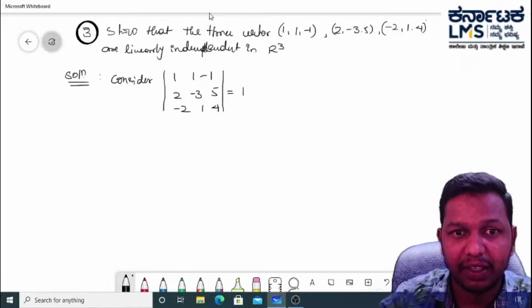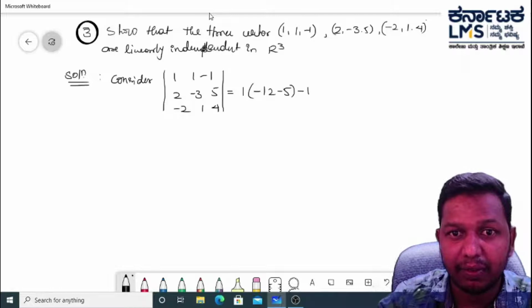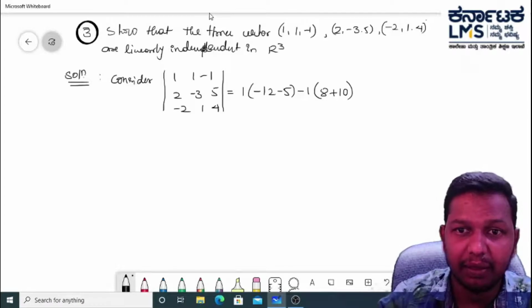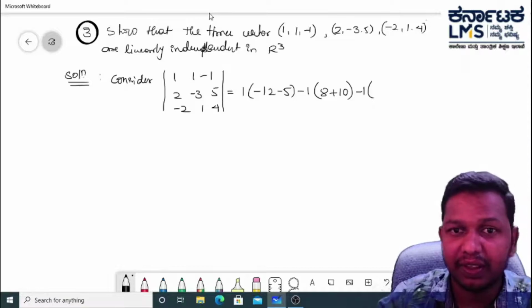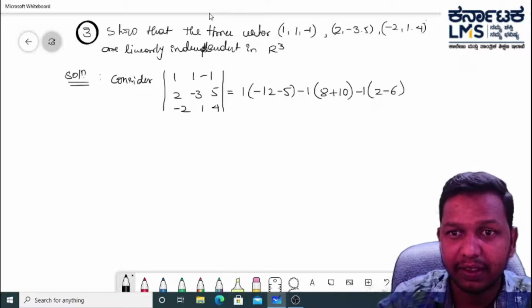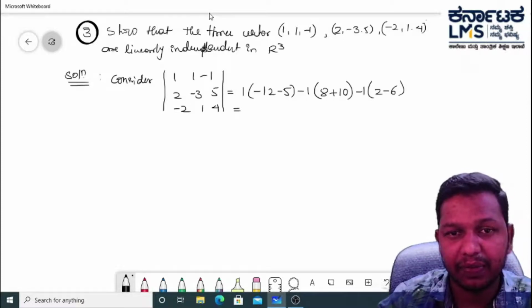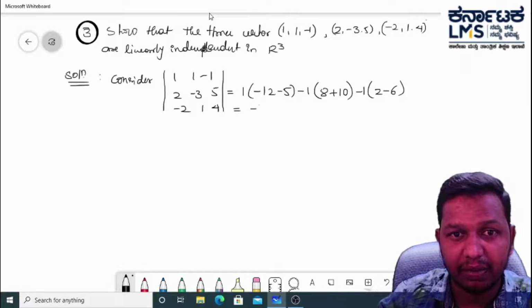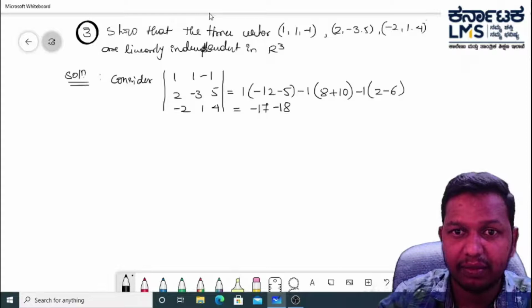The determinant of this matrix is 1 times (minus 12 minus 5), minus 1 times (8 plus 10), minus 1 times (2 plus 6), which is equal to minus 17 minus 18,